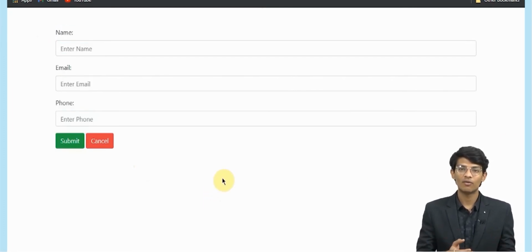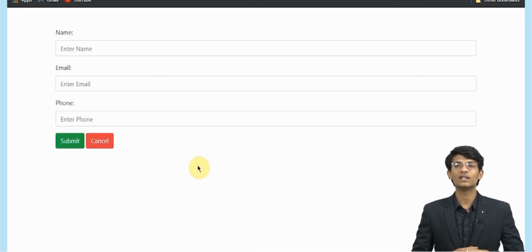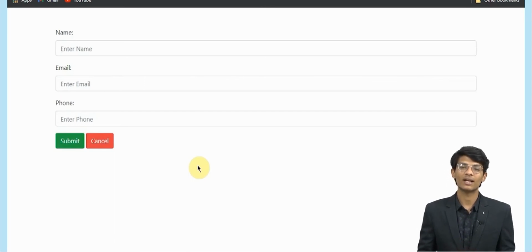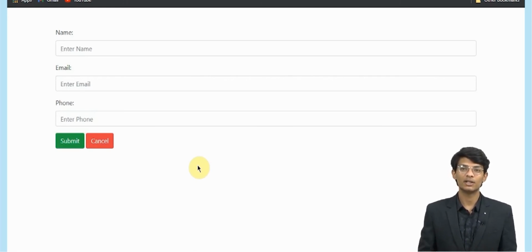is called a form. We have seen many forms in our life on various different websites. As we discussed in the input session, we see inquiry forms, contact us forms, then we get to see the registration forms online on particular websites, or we have seen Google Forms. So forms are basically all the input groups plus the buttons which we include.